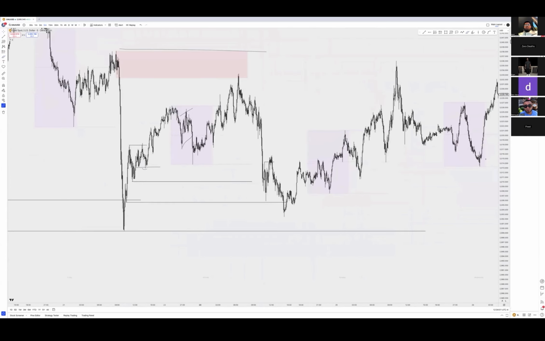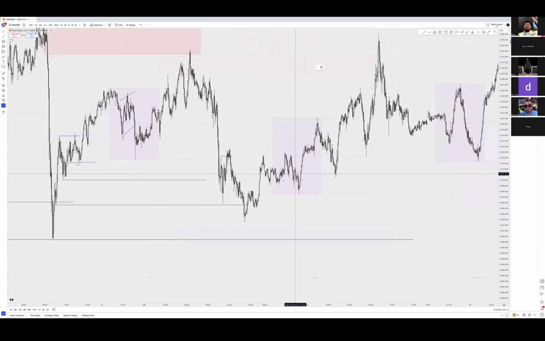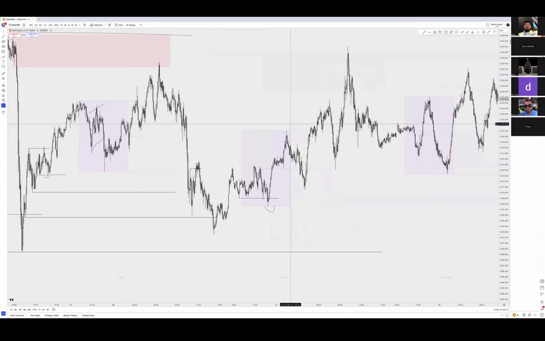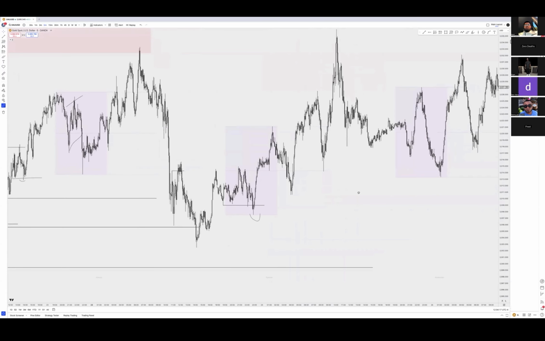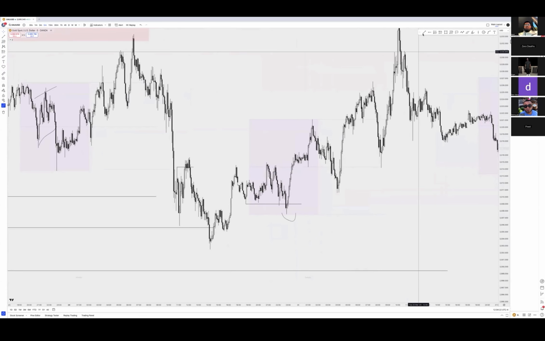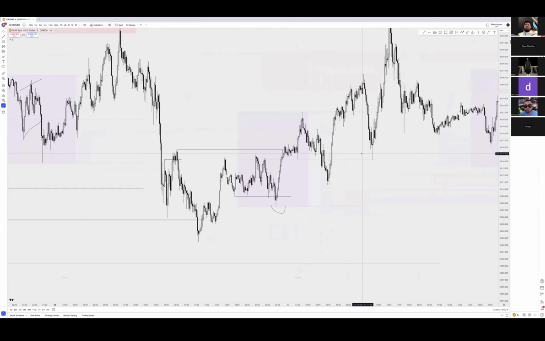Okay. So the low gets taken out. Okay. You got your liquidity block. And then the market starts moving to the upside. Now, certain things you have to take into consideration, okay? As soon as this happens, right, this high gets taken out. Now I would be waiting, right? I need to see more PA.